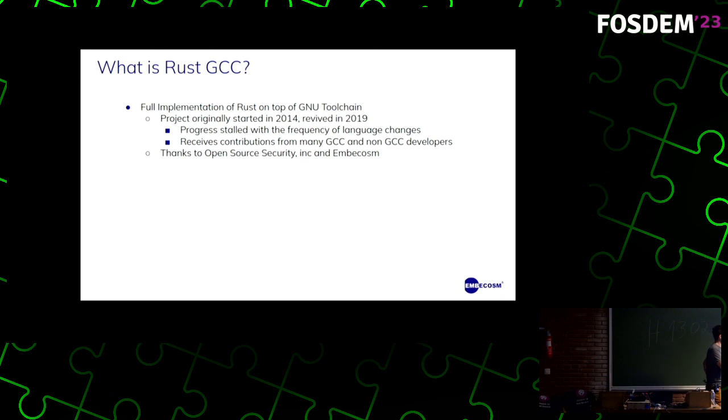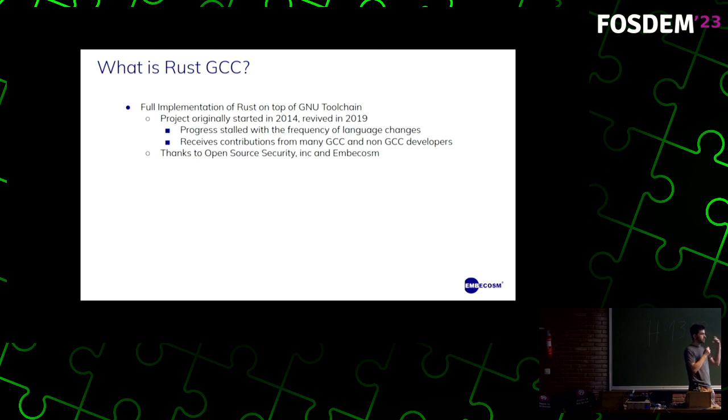So what is Rust GCC? It's a full implementation of Rust on top of the GNU toolchain. So as I said earlier, this means that we're actually re-implementing the compiler from scratch. So we started from sort of nothing and kept adding and adding stuff until today. The project was originally started in 2014. So just for one quick bit, I think at the time libgccjit did not exist. So it's not as bad an idea as it is to add it to the in-tree GCC,